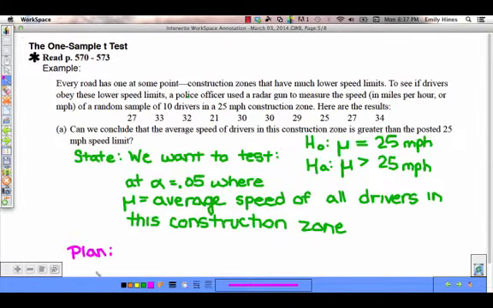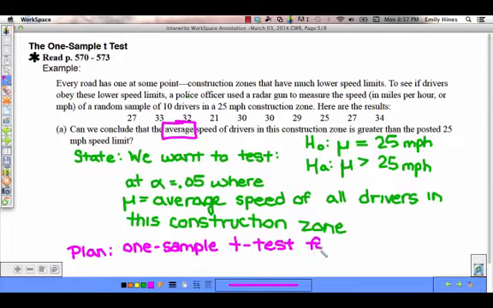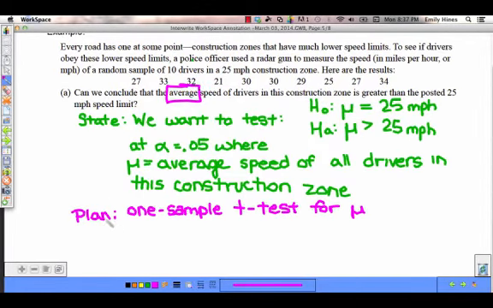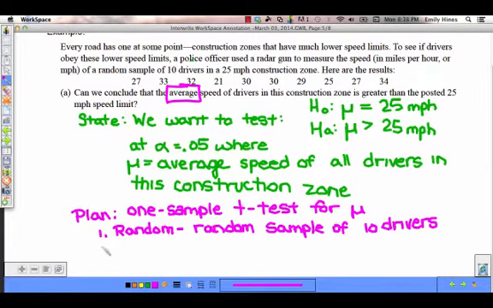I need to name my test. Since I'm looking for means, which average tells me right there, it's a one sample t-test for mu. And there are a couple different conditions that I need to check. The first one is random, and it tells us that he took a random sample of 10 drivers. Then 2 is normal. Since it's only 10 drivers and it doesn't tell us that the population distribution is normal,